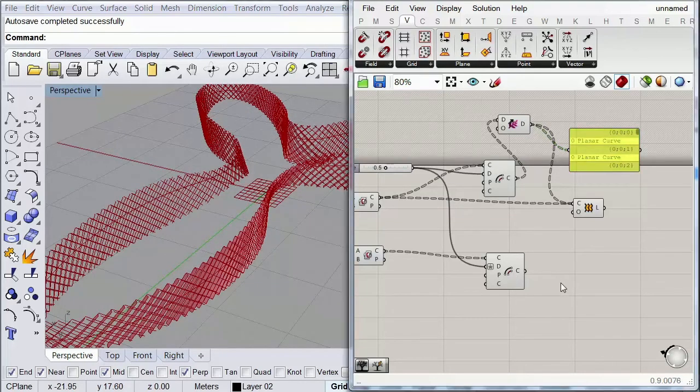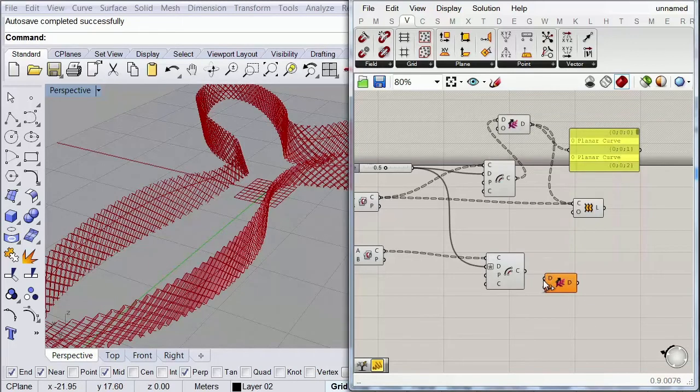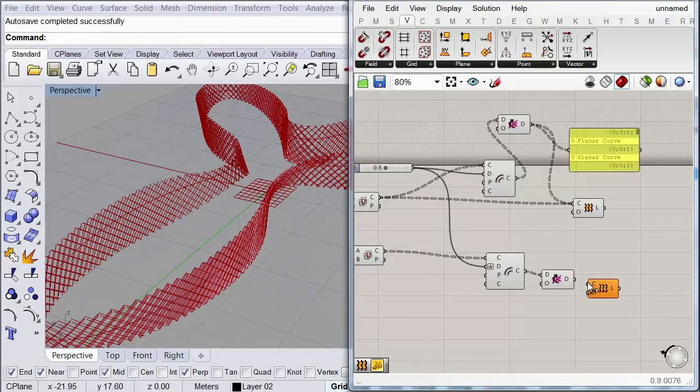Again, I'm gonna call a shift path. I'm gonna plug it to my offset component, and I'm gonna go ahead and call another loft component. I'm gonna plug it to these sets of curves.